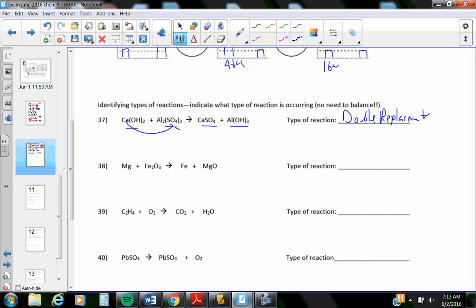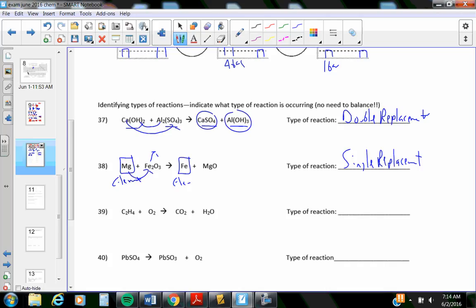Calcium's now dancing with sulfate. Aluminum's now dancing with hydroxide. This next one is a single element that kicks out the iron, and a single element of iron is left over, and it trades dance partners. That's a single replacement. It's evidenced because it doesn't look all double complicated. There is an element